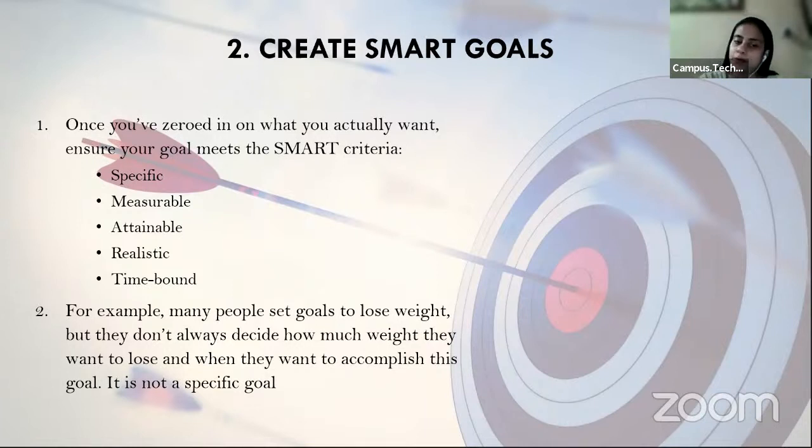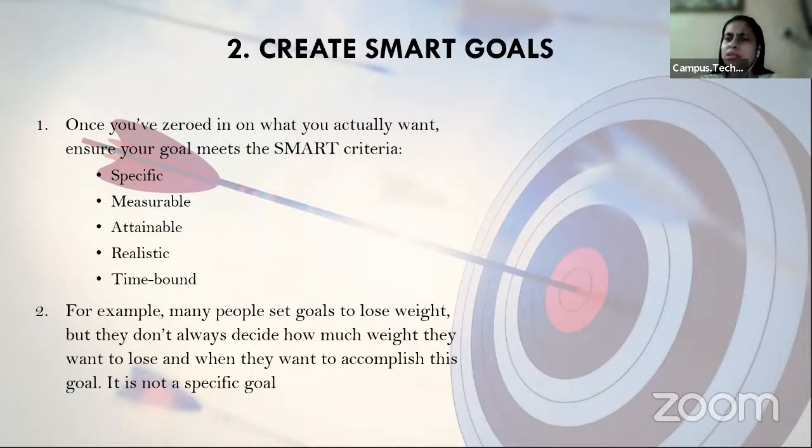And last is time bound. Your SMART goals need a deadline so you stay focused and prevent procrastination. You don't delay on the thing, you give your best, you use all your efforts to achieve those goals within time. So make sure a SMART goal is one which always has a deadline, which is always time bound. Setting a goal like I want to reduce my weight, I want to reduce 20 kg of weight. Now by when?